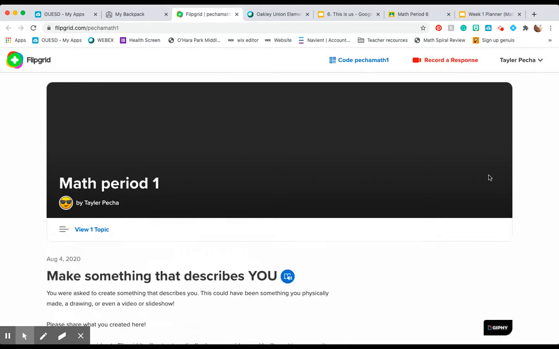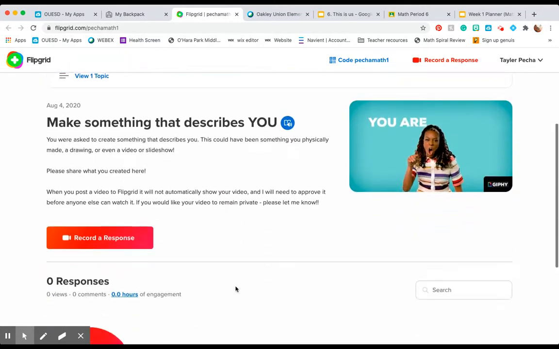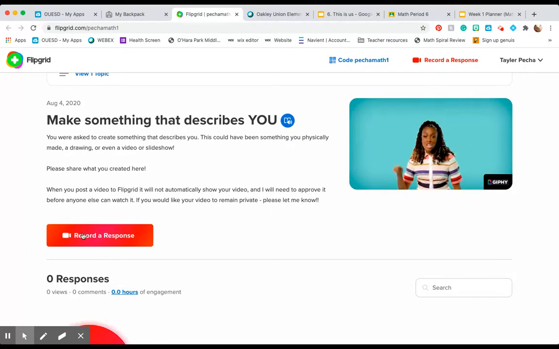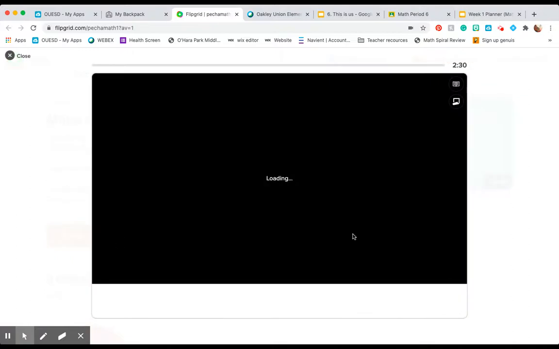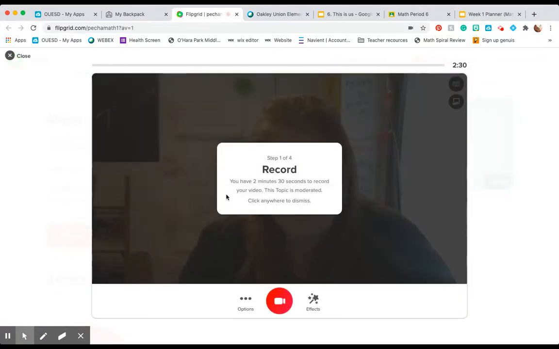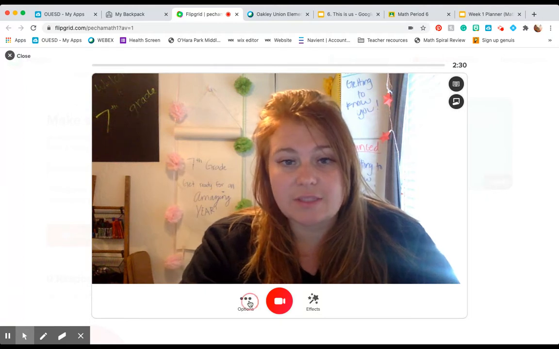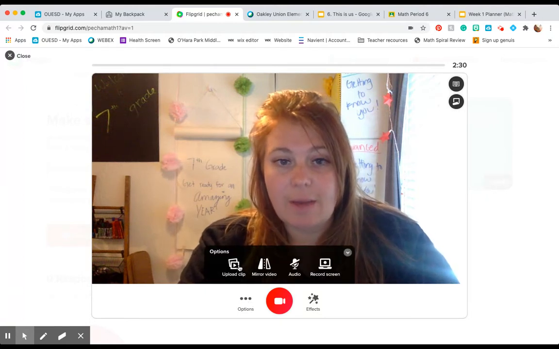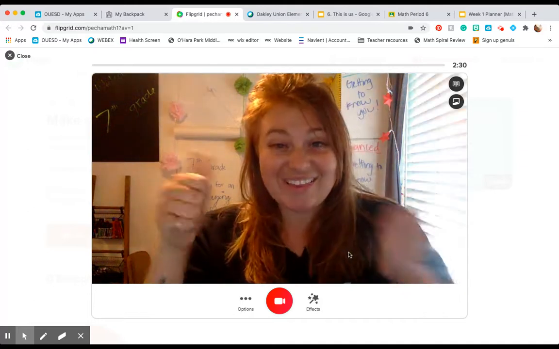It's going to ask you to log in. I'm already logged in. Just use your Google to log in, and you'll record a response. You'll click this here, and you will record a response for your project. In recording your response, you can also add a video. It'll give you some options here to upload a clip, or you can record your screen. So it's something to play around with and give it a go.